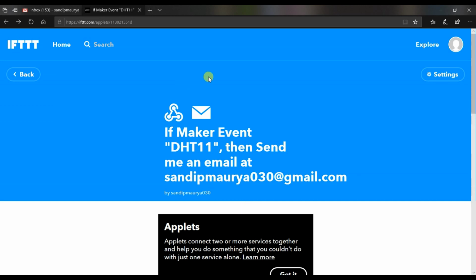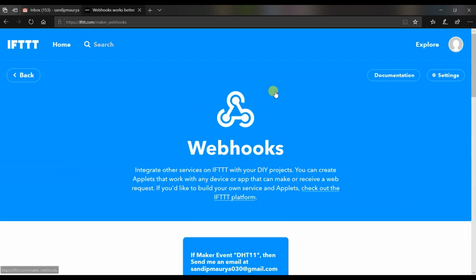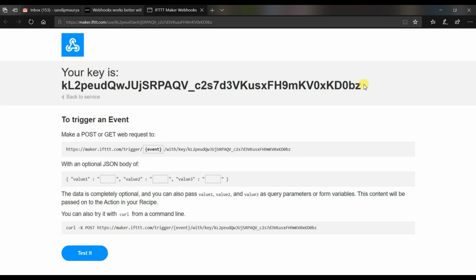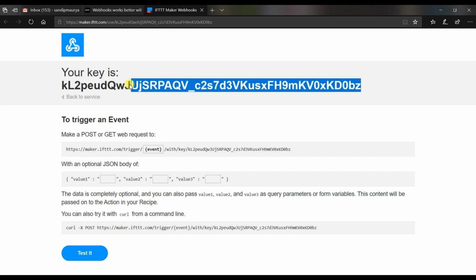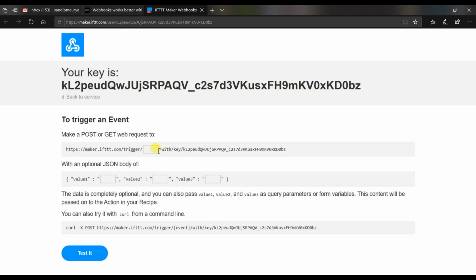Now we want to test, so I will click on webhooks, then documentation. This is my API key, and here we have to type the event name, DHT11.